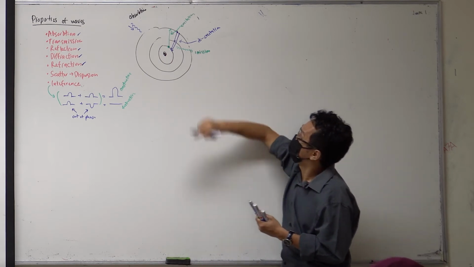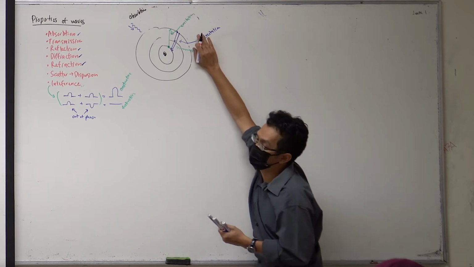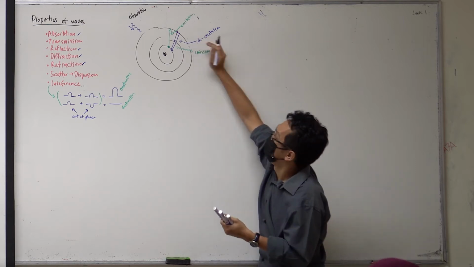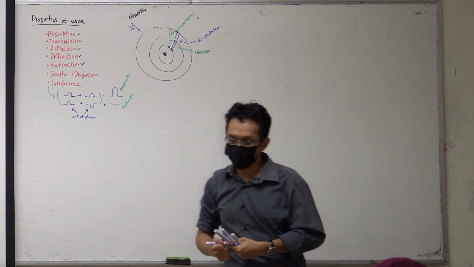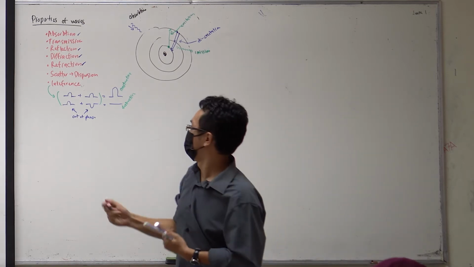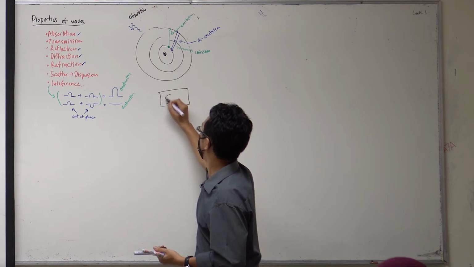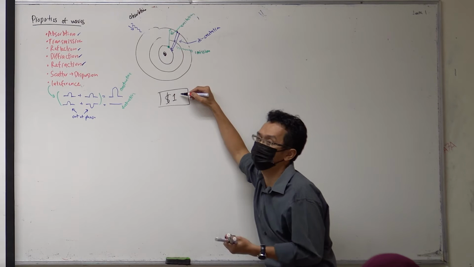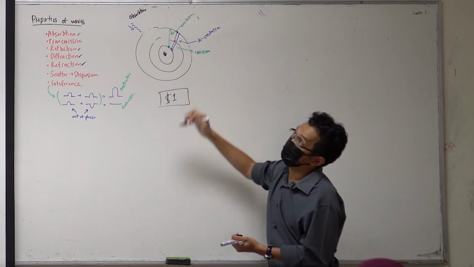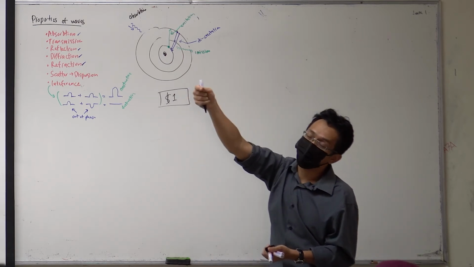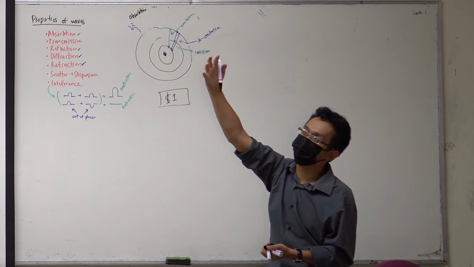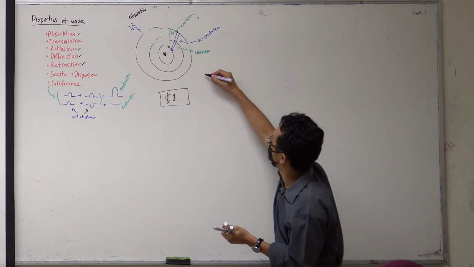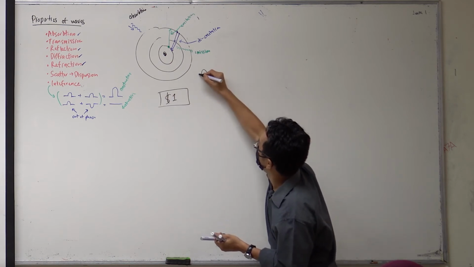Sometimes you don't see anything emitted. It's not that nothing is emitted, it's just that you cannot see invisible light. It's like when you have a banknote, for example this 1 ringgit. You know there is fluorescent material inside it. If you put it under light, remember that light is also an electromagnetic spectrum, and when the light hits the banknote,